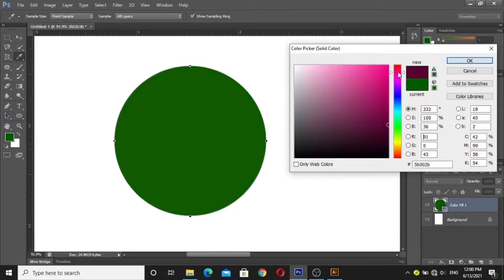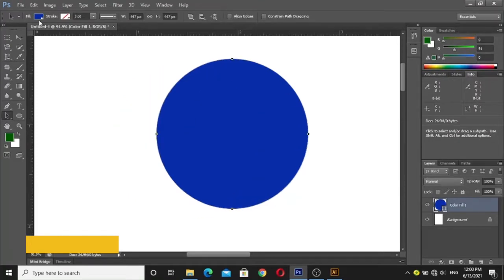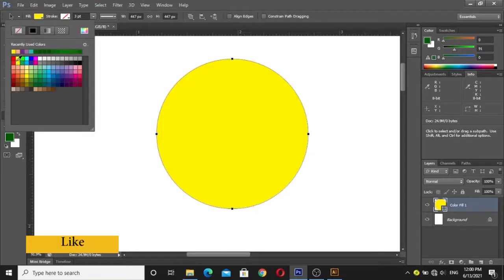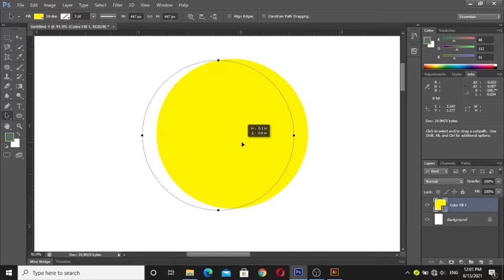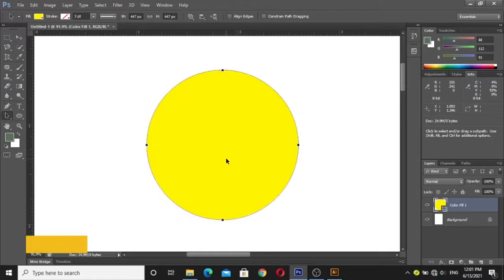Now I am able to change the color of the object from this dialog box and from the dialog box that appears on the shape panel in the property bar. I can easily change the color.